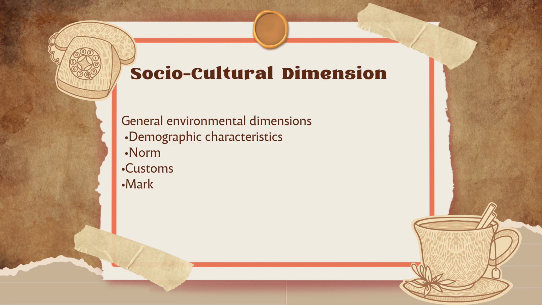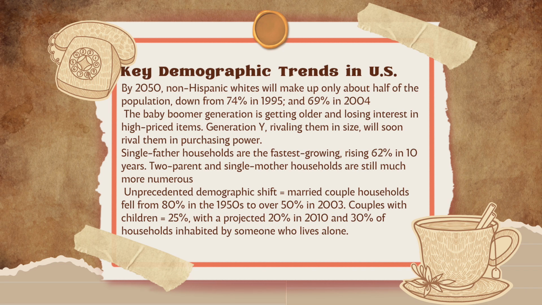Socio-cultural dimension, general environmental dimensions. Demographic characteristics, norm of customs, a mark. Key demographic trends in U.S. By 2050, non-Hispanic whites will make up only about half of the population, down from 74% in 1995 and 69%